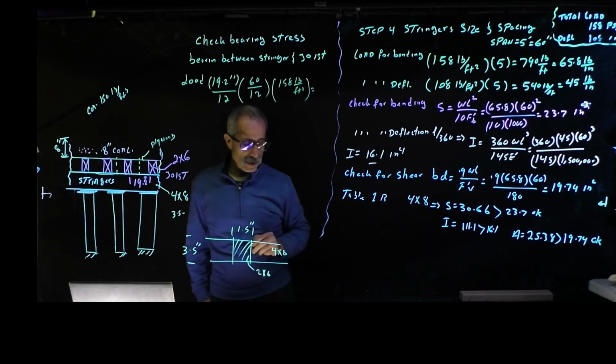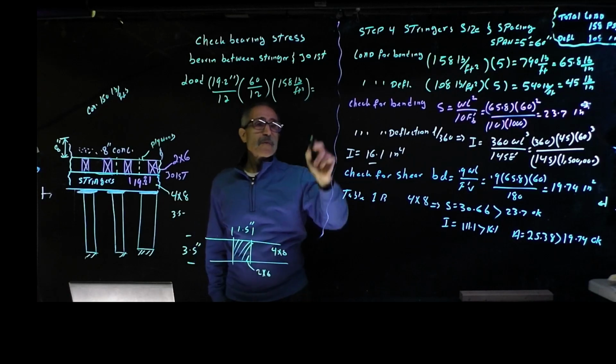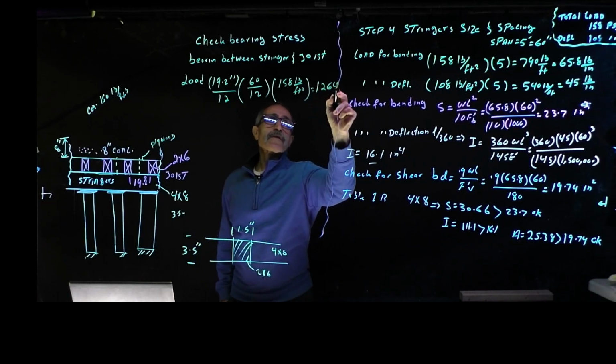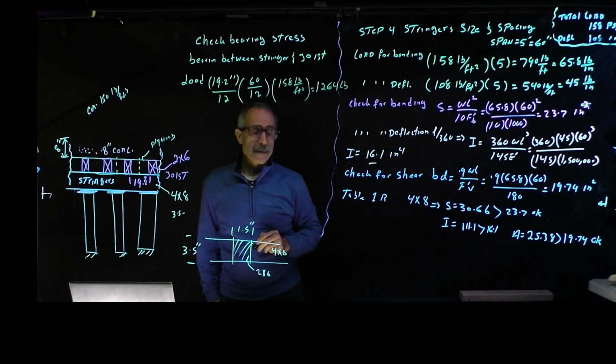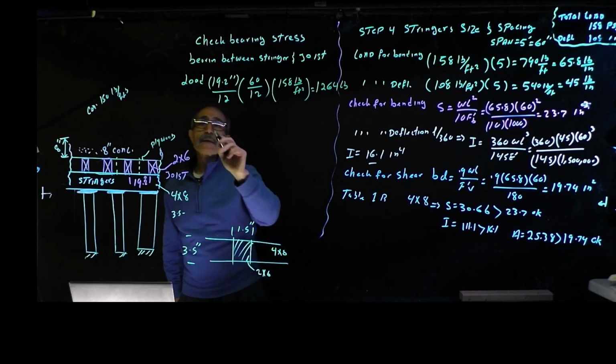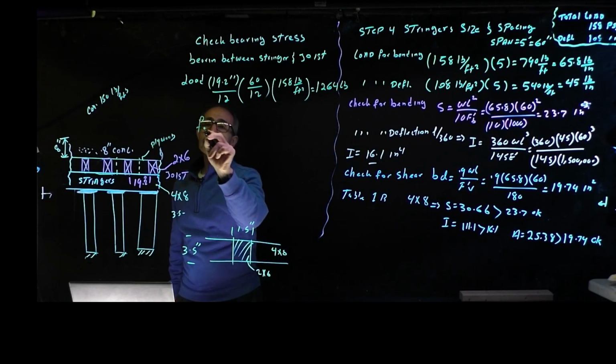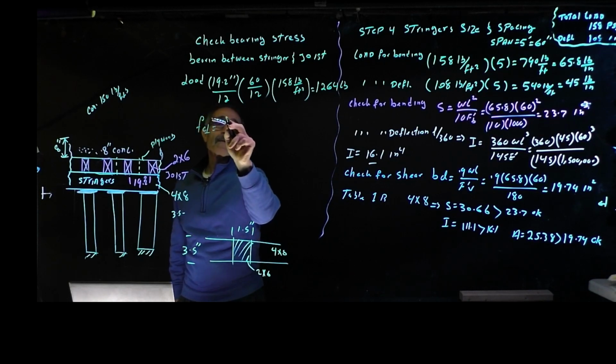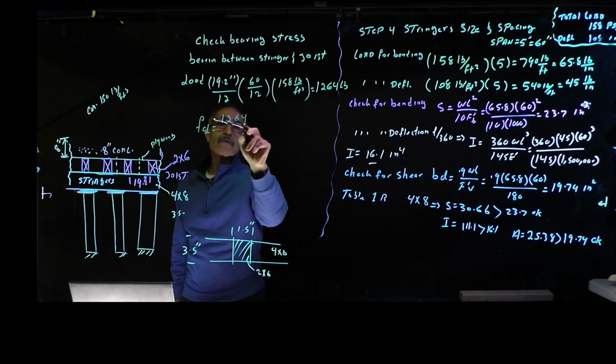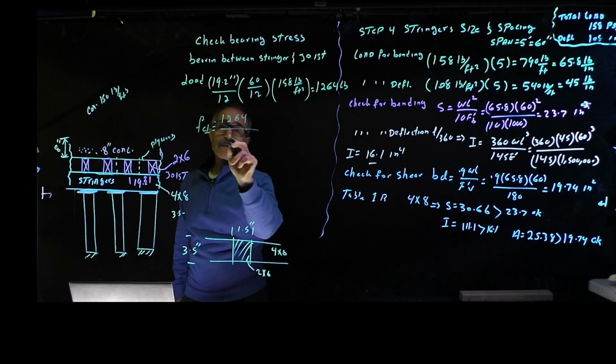So the total load is going to come out to be 1,264 pounds. Then the stress perpendicular to the grain is going to be 1,264 divided by this area, which is 1.5 inches times 3.5, and that will give me